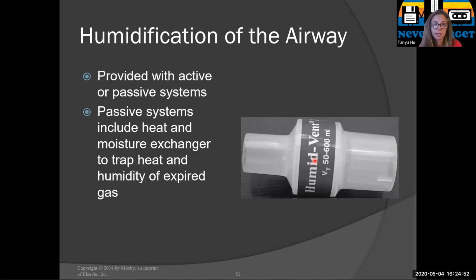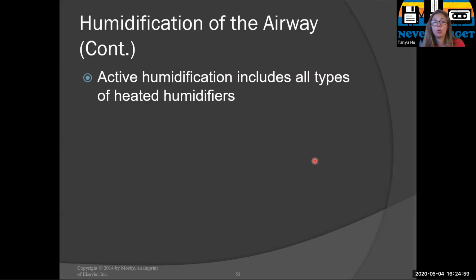Okay, HME for short, it stands for heat and moisture exchanger. You need to know that and be able to spell it. Okay, so active humidification includes a heated system that we will talk about in mechanical ventilation, but this is where instead of trapping the patient's own exhaled gas,